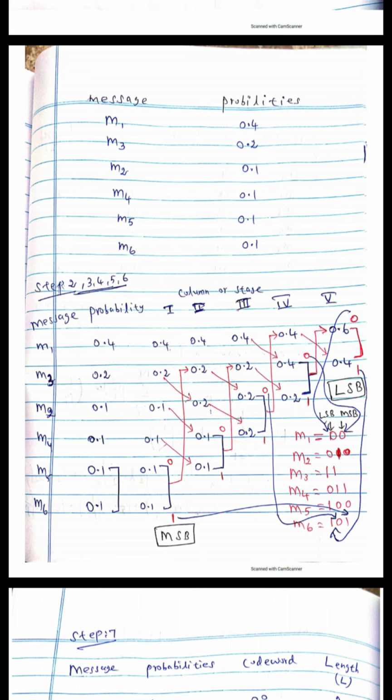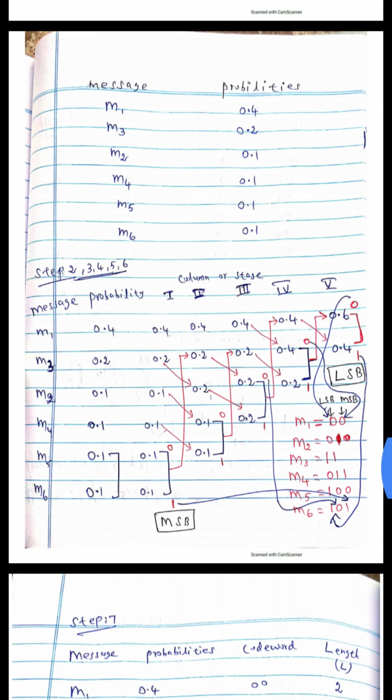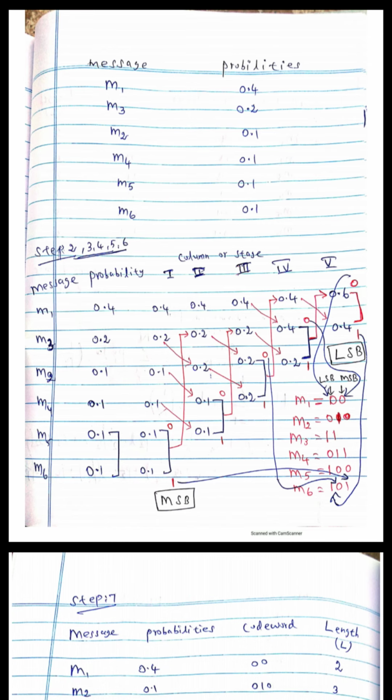This value again moves under 0.4, that is in stage 3. In stage 3, first write down the m1 value 0.4, next the new value 0.2, next the value 0.2, next the 0.2. The arrow indicates the corresponding decreasing position. In stage 3, combine the last two values, that is 0.2 and 0.2. The first 0.2 is assigned 0 and the next 0.2 is assigned 1. Again sum these two, and we get the 0.4 value.